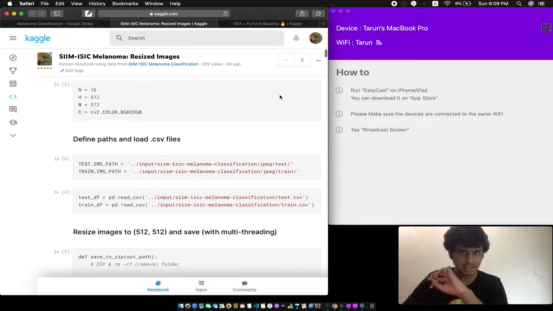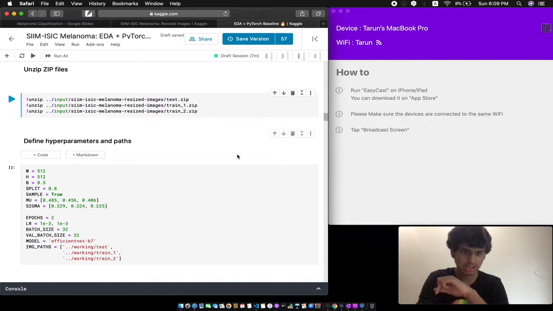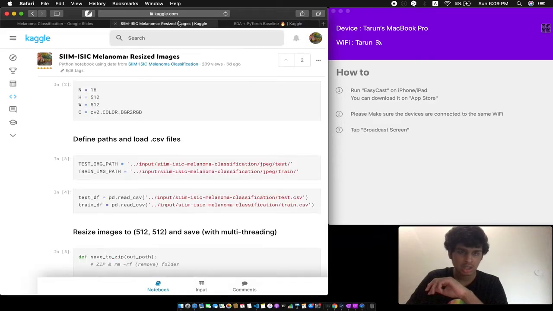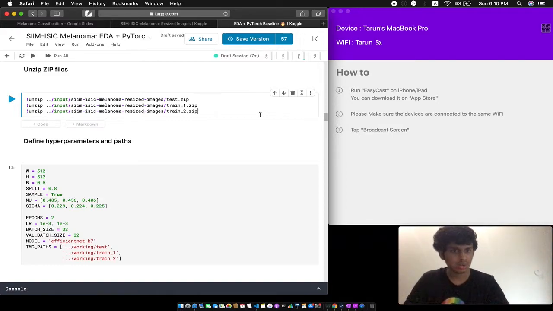And the reason I did this is because input output with this competition dataset is pretty bad, because the images are of a very high resolution. Most images are greater than 1000 by 1000. And that's why I thought I'll just do all the resizing and pre-processing in a separate kernel and then load them into the new kernel, because this will speed up training by more than 2 times. Just resizing in a separate kernel and training in a different kernel will give us a big speed boost.